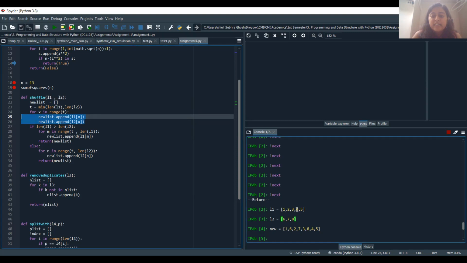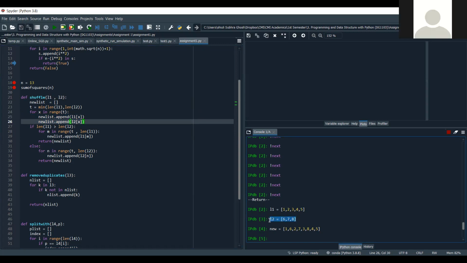Then you have to think that the extra elements, you have to add separately. Otherwise, if you add it here, then it will show an index error. Because you guys are familiar with all the errors. I think Professor Madhavan has taught you all the errors like type error, name error, index error, all these things. Okay, then it's all right. So it will show you the index error for L2, like there is no index after 0, 1, 2. If you put 3, then it will show index error.